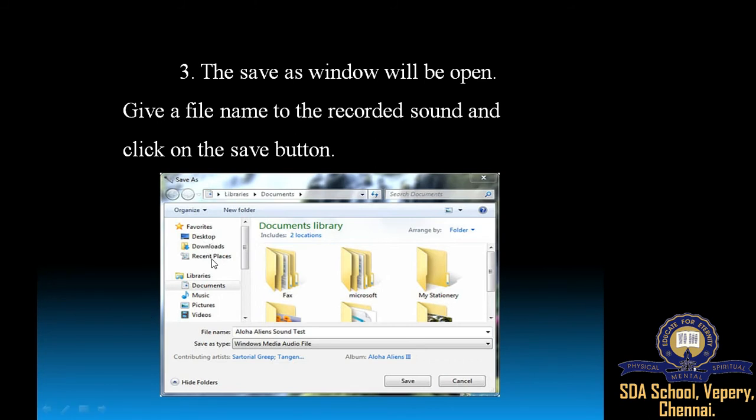If you want to store it in documents, you have to click documents. After typing the name of the recorded sound, you have to click on the save button.